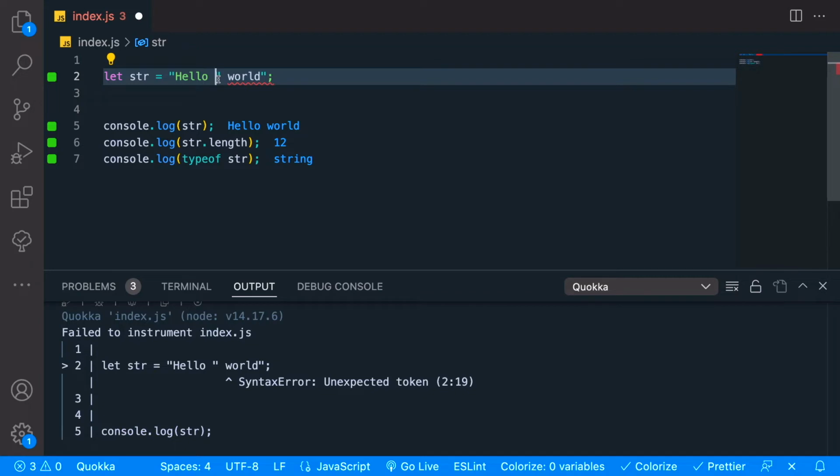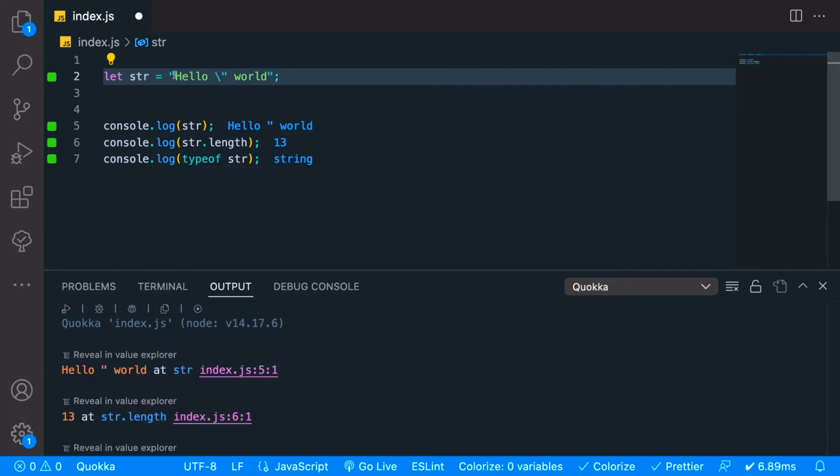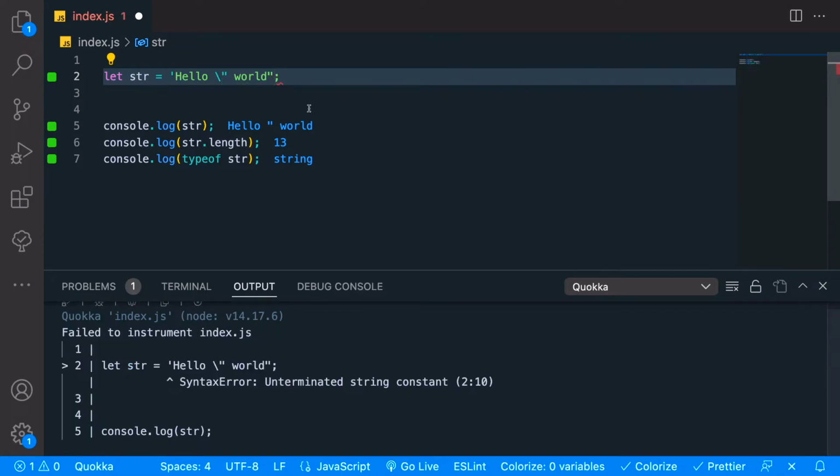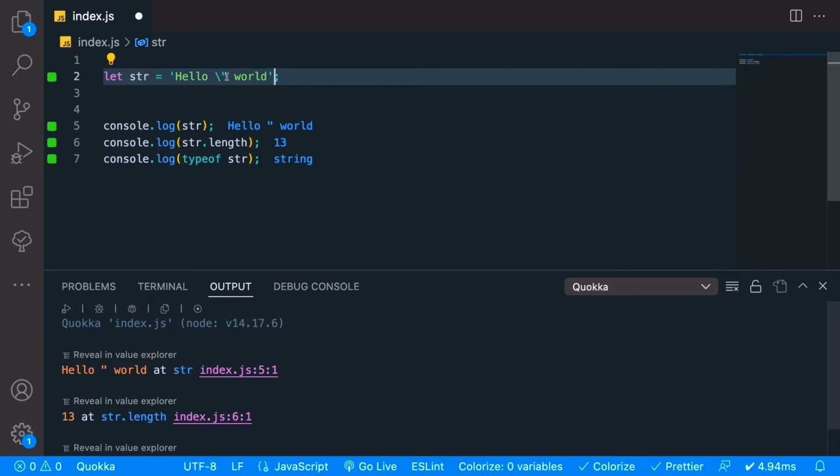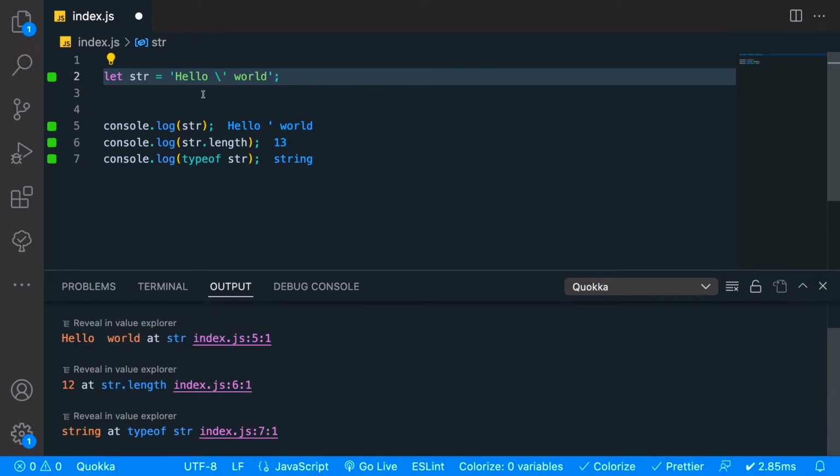But we fixed this issue easily by using the backslash. Vice versa, if we are working with single quotation marks and we have a single quotation mark within the string, we had to use the backslash to escape that and include it as part of the string. But if you had a double quotation mark in a string wrapped with single quotation, it works with no issue,